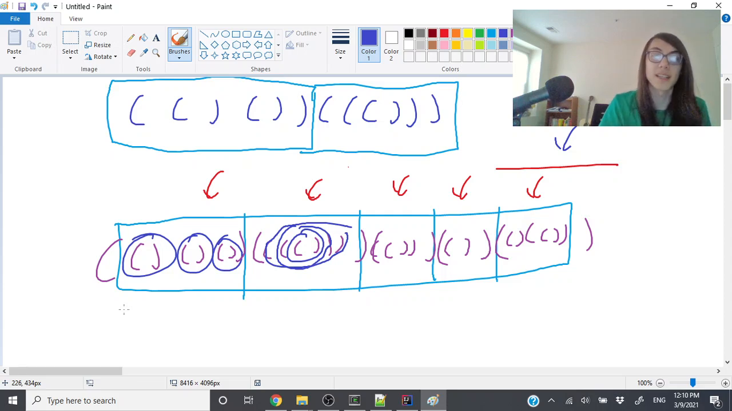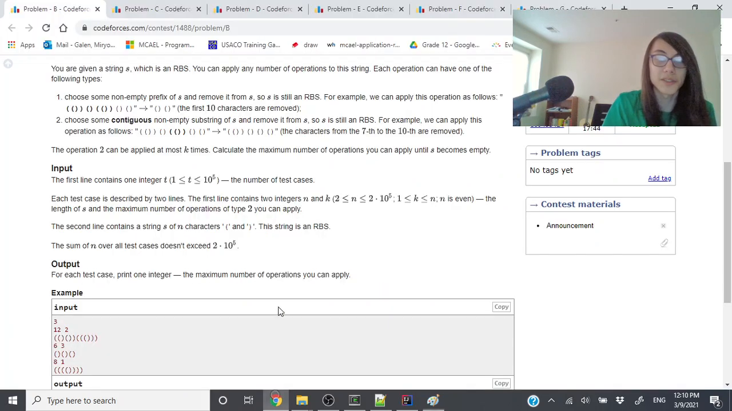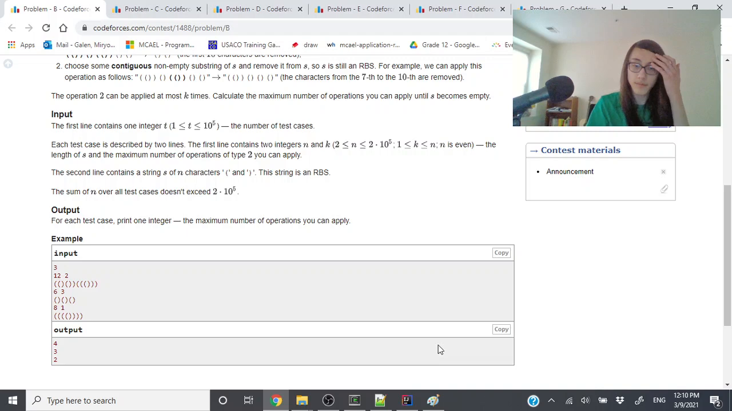we get the best case scenario, that if we run out of internal things, then every operation will delete exactly one pair. So the answer would actually just be n over 2, but